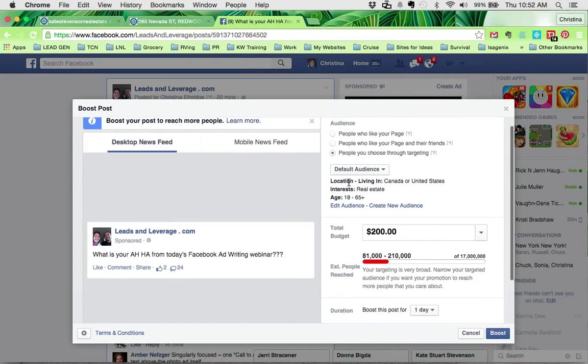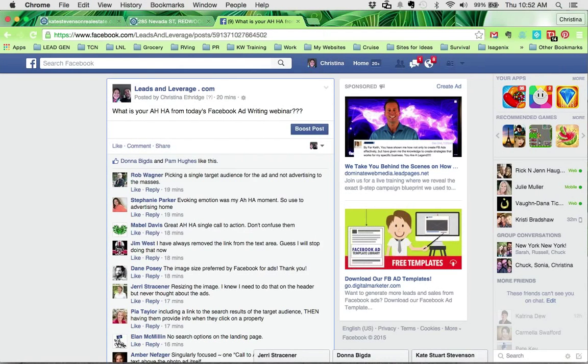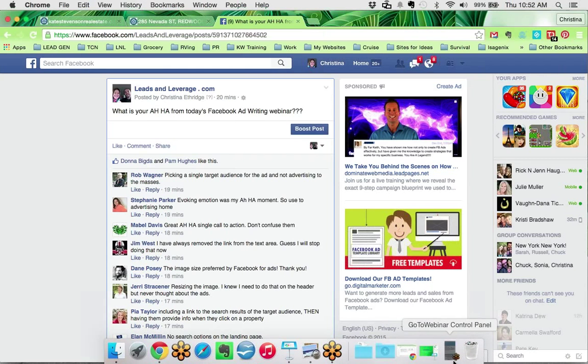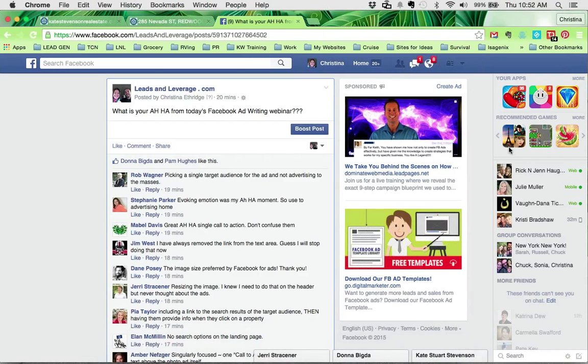And Facebook really heavily pushes this whole boost post thing. You need to go put it into Power Editor and run it through there. The other element that you need to know about this, Facebook is penalizing promotional posts that go out on your page. So for example, if you just put a post out on your page and you run that exact same post as an ad, which, I have no idea why they're offering boost posts on these,